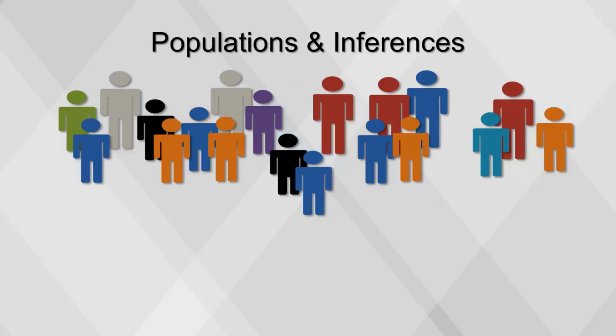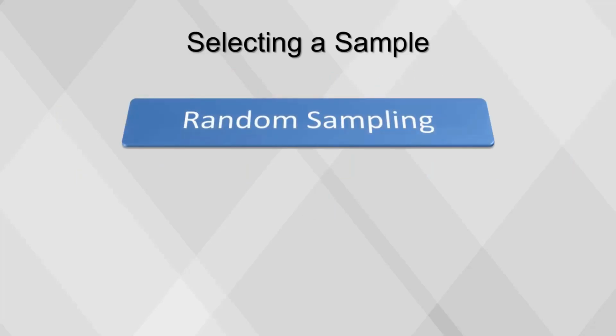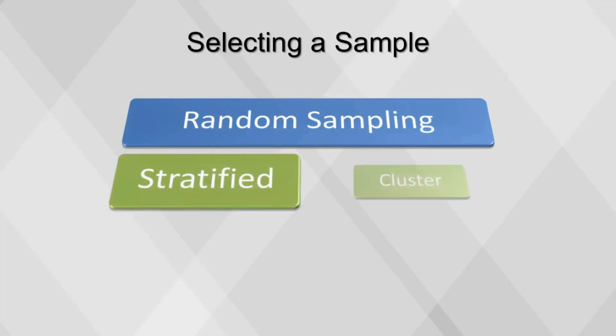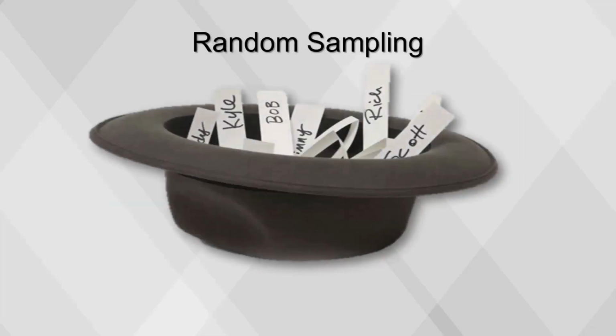The sample will represent the population as a whole, and so will its survey results if we choose our sample correctly. We will focus on selecting a sample using probability. A probability sample is chosen from a population using a random mechanism. There are two types of probability sampling, stratified and cluster. A random sample is only random if each individual has the same chance of being chosen from the population.